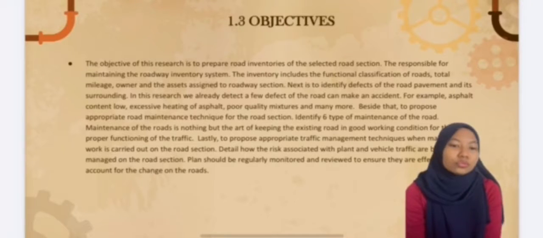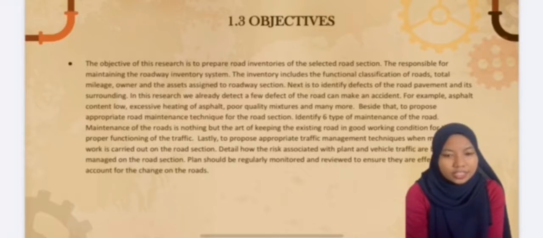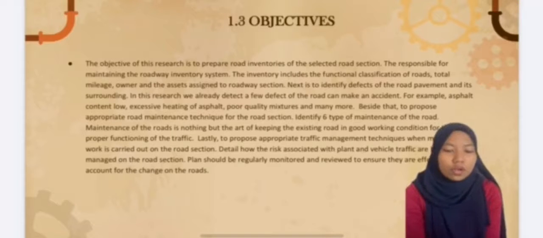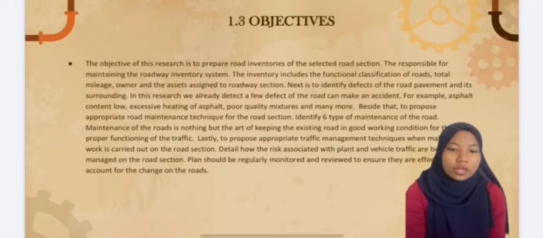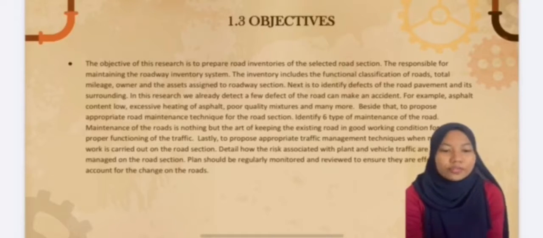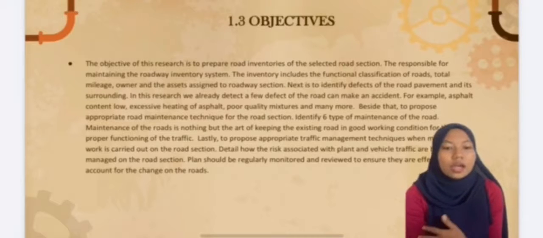It details how the risks associated with the plan and vehicle traffic are being managed on the road section. The plan should be regular, mandatory, and reviewed to ensure it is efficient and accounts for changes of the road.